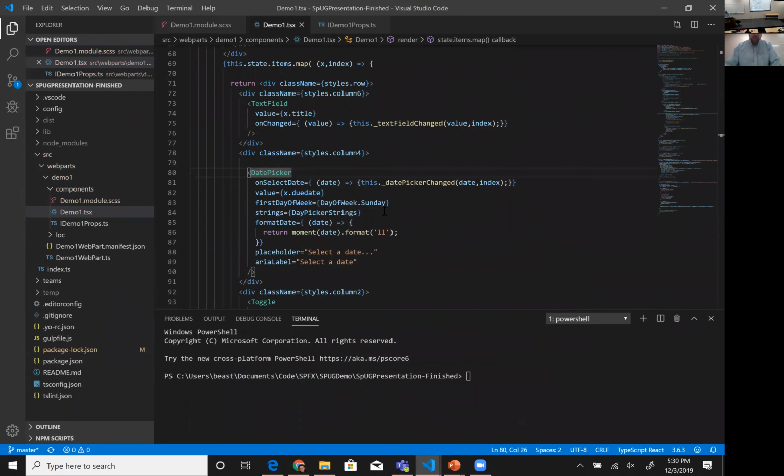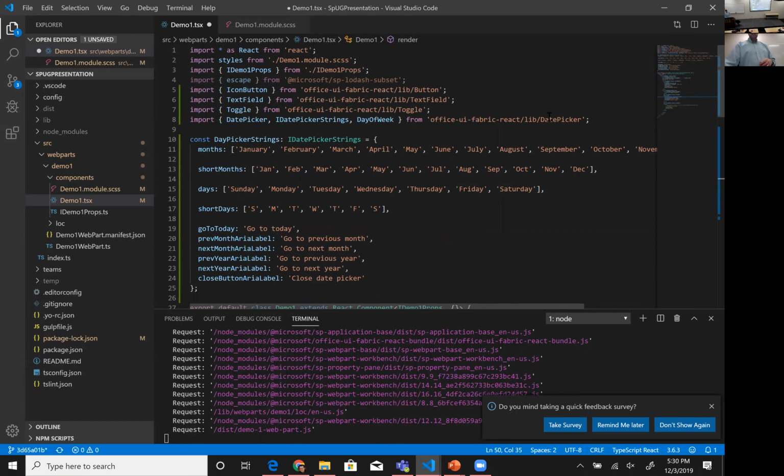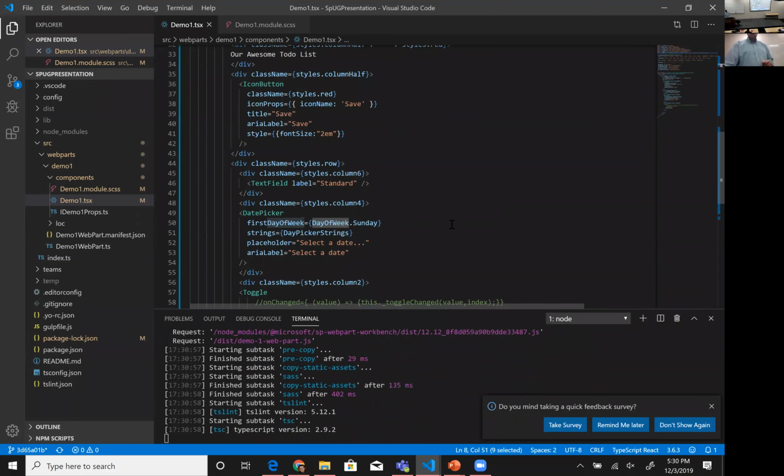And then for the first day of the week, I'm just going to hard code this. I don't want to be all clever about it. I'm just going to say Sunday is the first day of the week. That was another import that I added up here to this date picker library. So now I've got the date picker library. I've got this definition for date picker strings. And I have this day of week thing right here. That all came from the UI Fabric library or whatever. So Sunday is the first day of the week. Congratulations. And with just that much code,